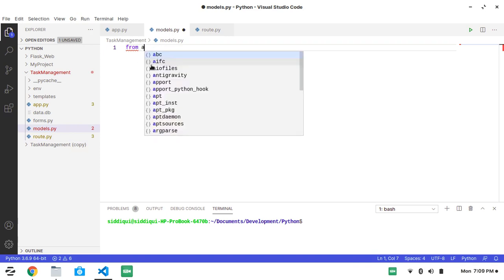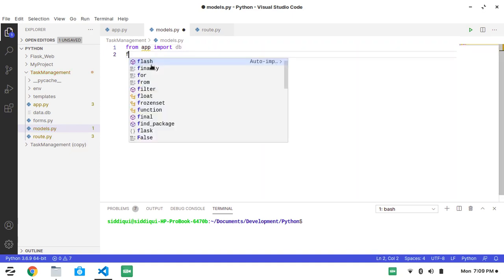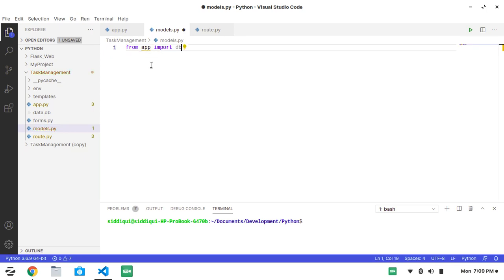So we'll say from app import db. Then I will create a class. Same like we create the class for the form, we create a class for Task, and this one extends from db.Model.